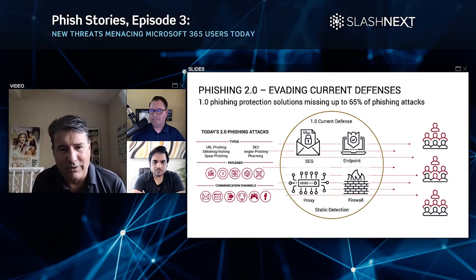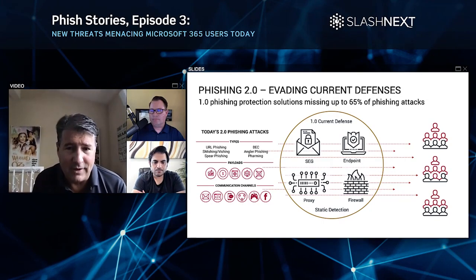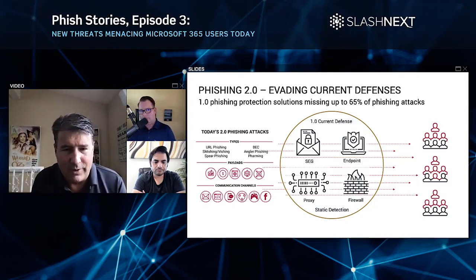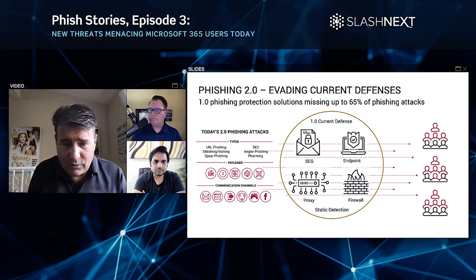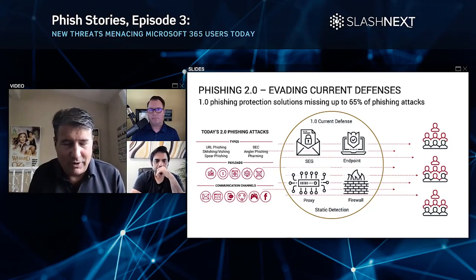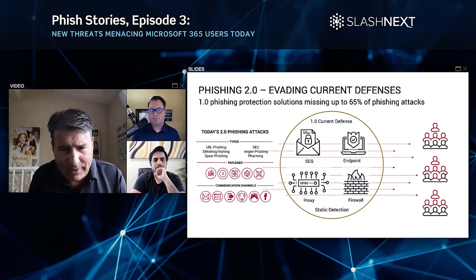This is what we are seeing right now: not only a dramatic increase in these attacks, but second, the targeting of these attacks, and third, the success of these attacks has been really unprecedented, particularly this last year. The reason is that all of the first generation defenses, whether your secure email gateway, proxies, firewalls, or endpoint security solutions, even some of the new ones, were all tuned to stop that first generation attack, that bad Russian email that copied that PayPal.